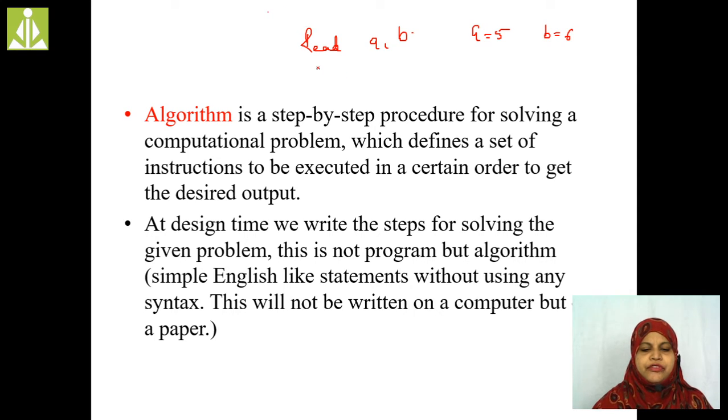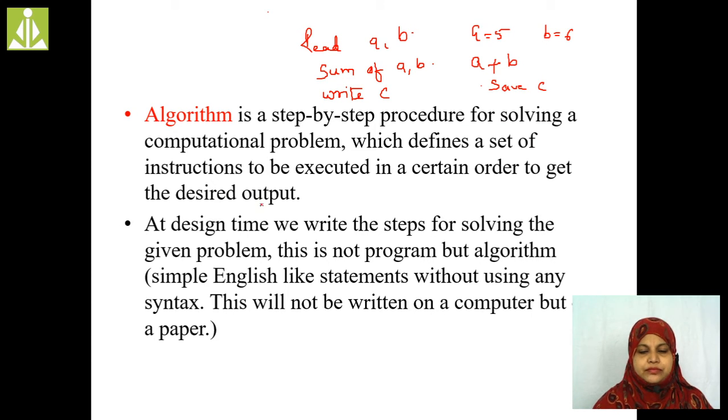Then I am going to perform the sum of a, b, which means addition of two numbers, a plus b. Then I am going to store the value of that sum. So write c, save c.